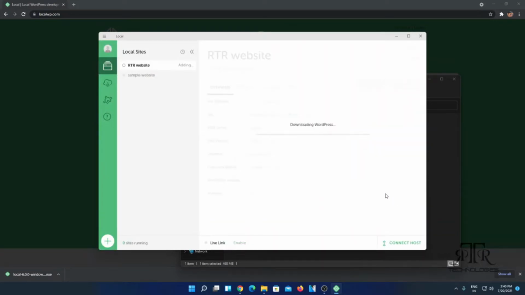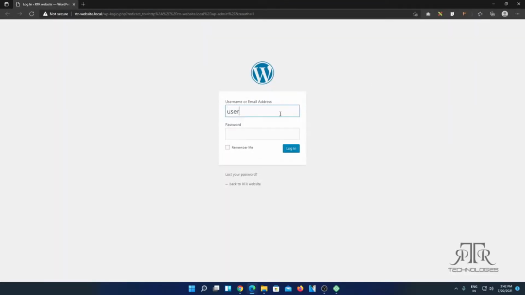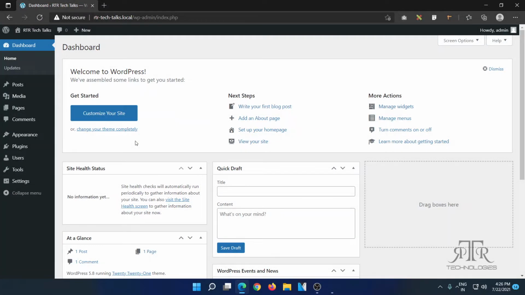My name is Rohan, and in the previous video, we saw how to create a WordPress instance in your local machine using the freemium software Local WP by Flywheel. Today, we are going to look into some of the menu items associated with the WordPress dashboard. So, after logging in, we land on the dashboard page.